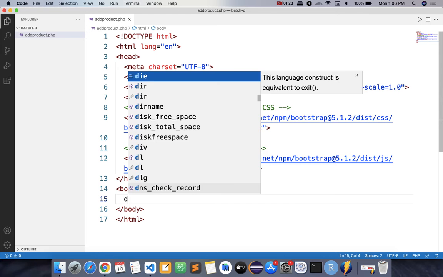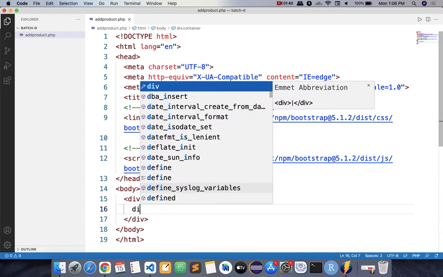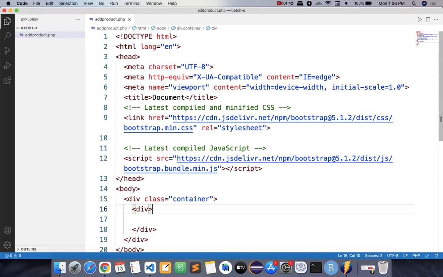So how to design? Div class. For a fixed width, we have seen that container and container-fluid are the predefined classes. So I'll use container. Inside the container, take one row, class row, and inside this row there are 12 columns. So out of that, how much do you want? Suppose I want only 6 columns.